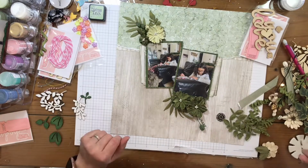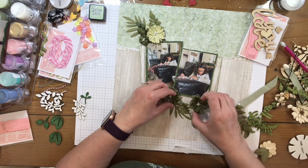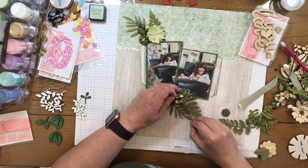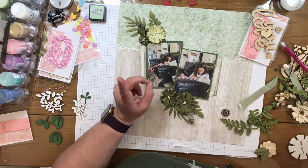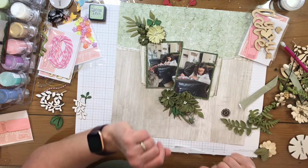Well, it looks like I'm going pretty fast in this video. I don't remember going this fast in real life. So yeah, I know I put another leaf down there as well, just to make it a little bit longer. And then I start adding